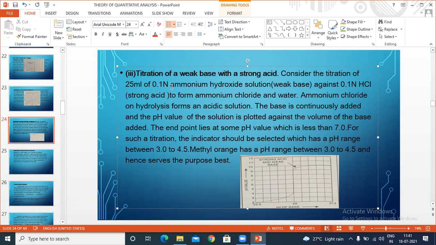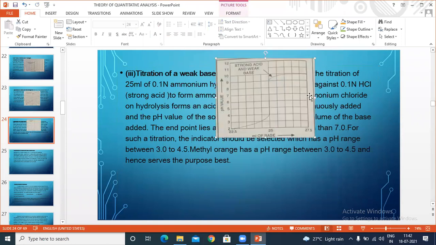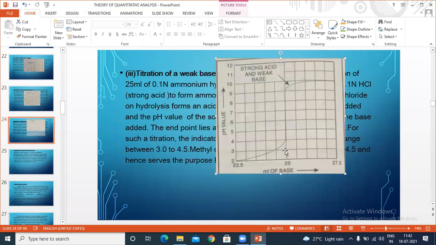So the pH of HCl has to be increased and the pH of ammonium hydroxide has to be decreased. So in between 3 to 4 only, we can expect a neutralization reaction to take place between those two. So when we draw a graph, we can expect the peak from 3.5 to 7, but complete neutralization takes place between 3 to 4.5 only.